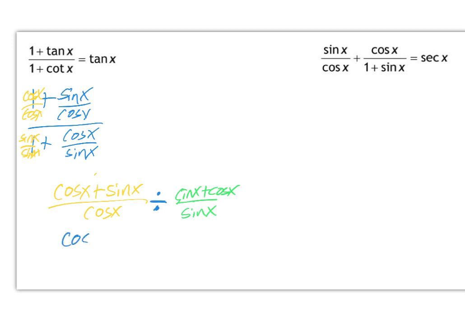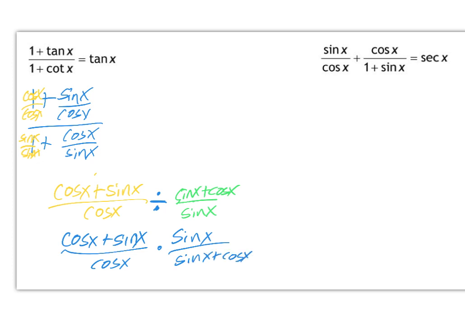Rewriting this, we've got cosine x plus sine x over cosine of x times sine x over sine x plus cosine of x. Since these are exactly the same, those cancel out, leaving us with sine x over cosine of x, which is tangent of x and our goal. All right, for the next one,